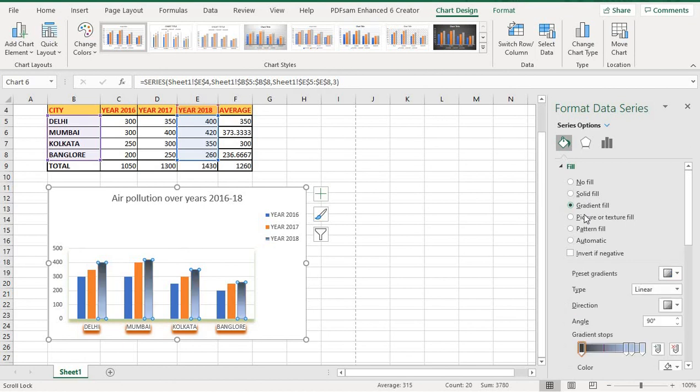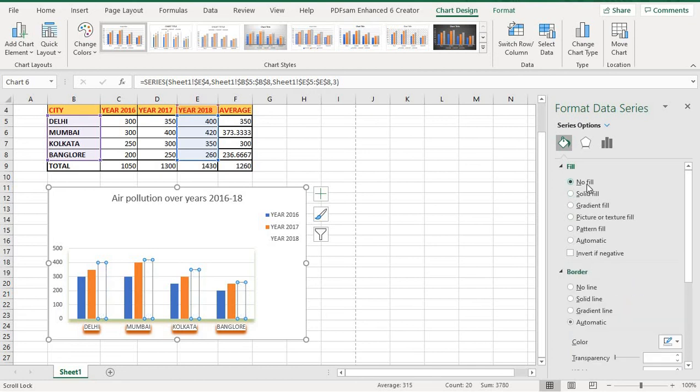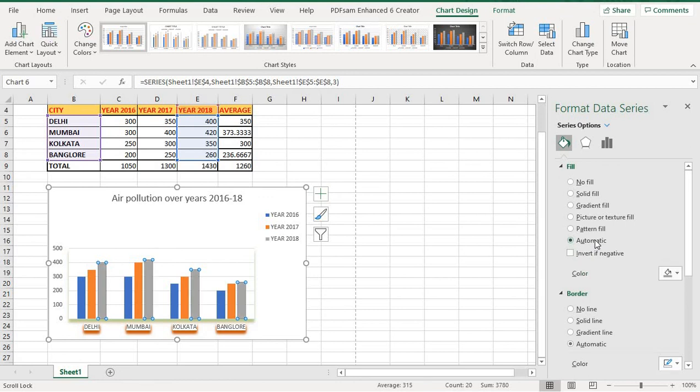Gradient, then it will be gradient. Patterns, then it will appear as patterns. Different patterns are there, and you can show them. No fill, then there will be no fill. Automatic, so this will be automatic. In this way you can format the data series.